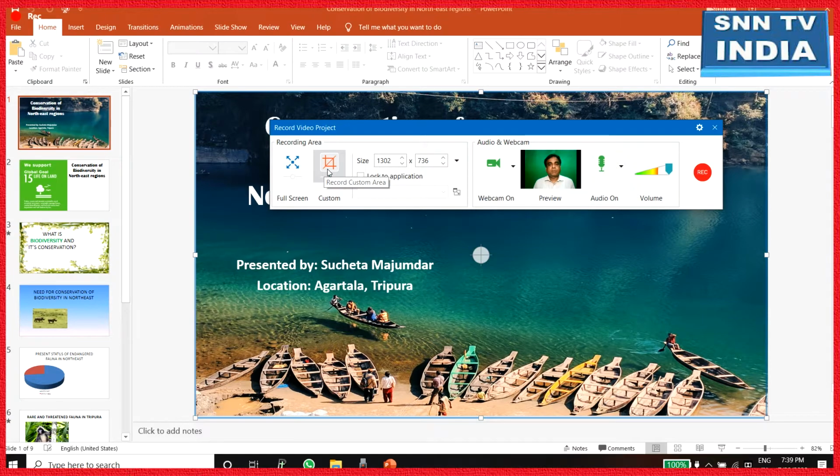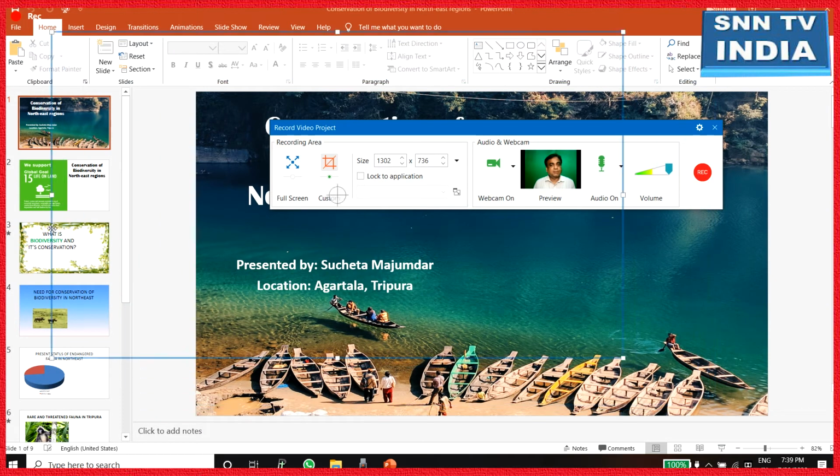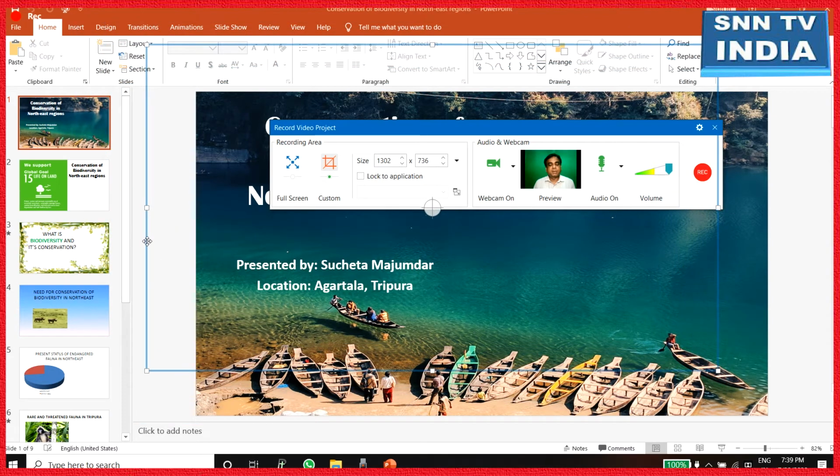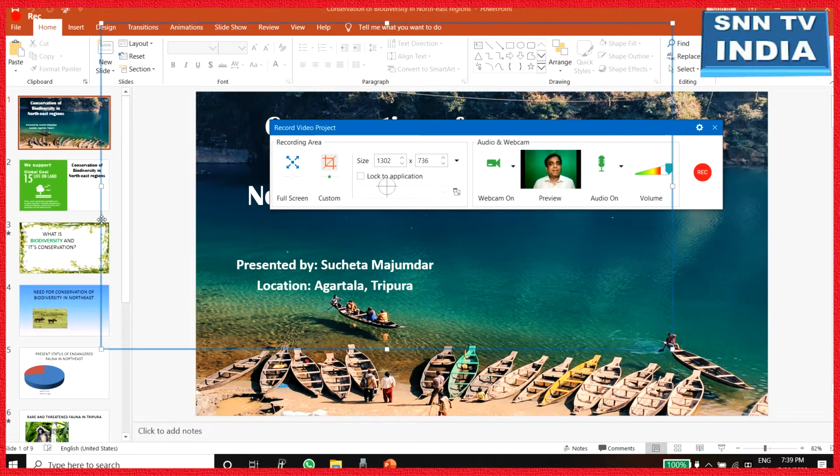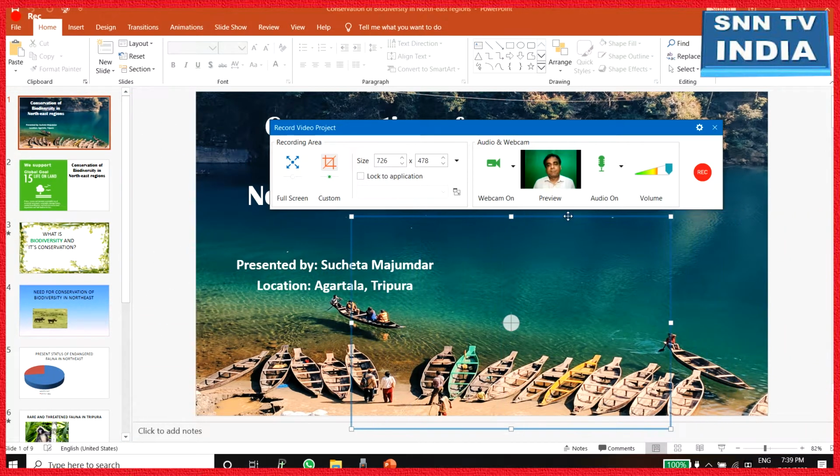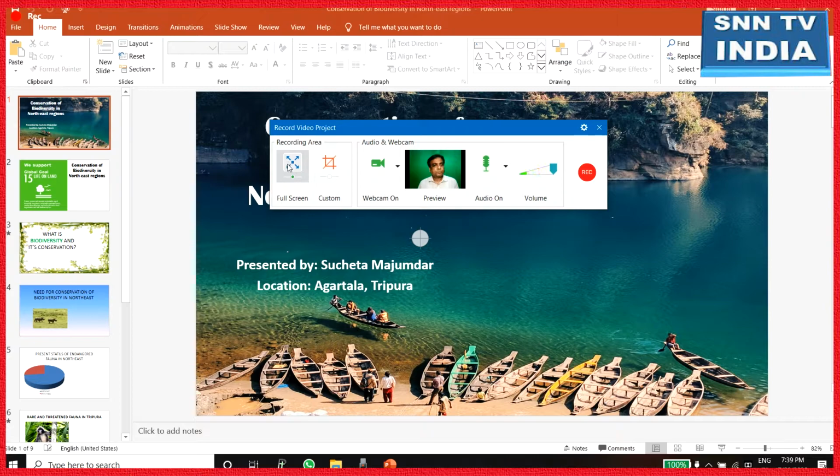But if you want to record the selected area, here you can see this is movable. This is used to select the area. If you want to record only this portion of the screen, it will record that. If you want to increase the size of it, decrease the size of it, if you want to record only this portion of the screen, it will be recording that. But for the development of the e-learning video, I'm using the full screen mode. So now the full screen will be recorded.